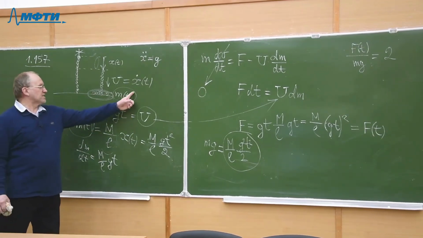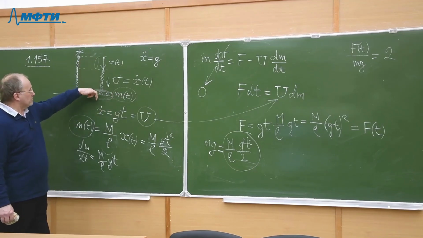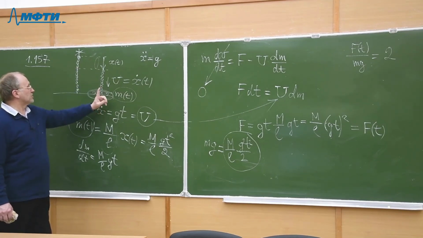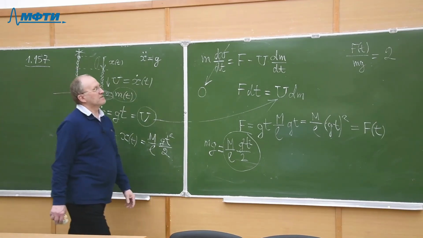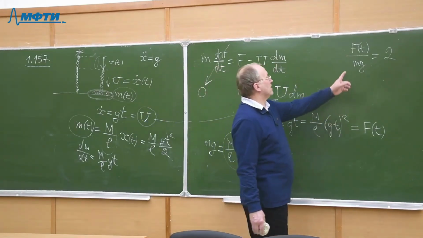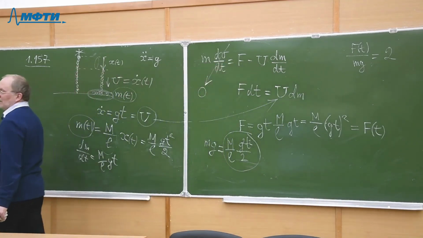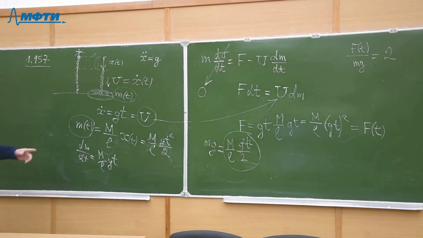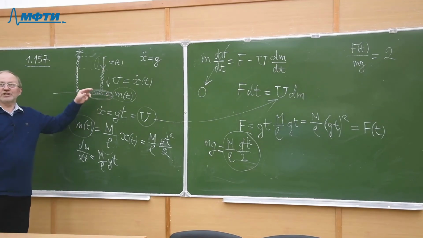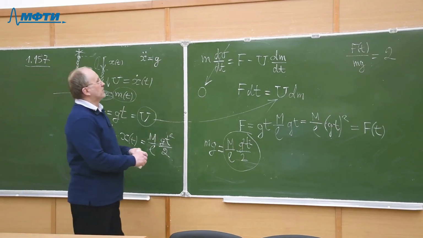So this mass of the chain which is on the table increases with time, and the force acting on the table from the falling part of the chain also increases in time, but these time dependencies are the same, so that the force acting on behalf of the falling chain is at any moment of time twice the force acting on the table from the part of the chain which is at rest. So we have found the solution of this problem, and I wanted to discuss it because it gives you a beautiful example of